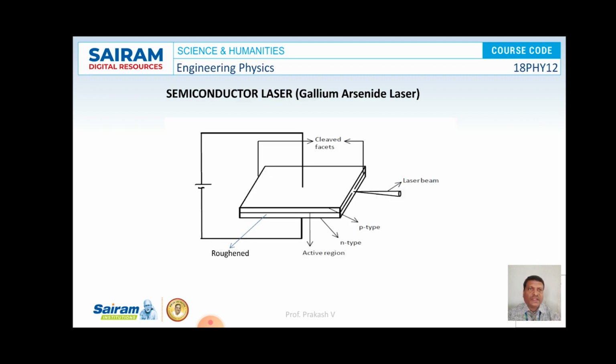So this is the schematic diagram of semiconductor laser. It is made out of single crystal of gallium arsenide as shown in the picture. Now I am going to give you the construction part of semiconductor laser. The gallium arsenide laser diode is a single crystal of gallium arsenide and consists of heavily doped N and P sections. The N section is derived by doping gallium arsenide with tellurium, and the P section is derived by doping gallium arsenide with zinc.